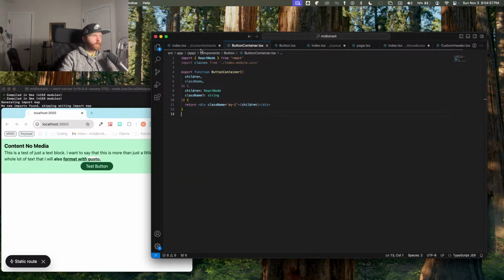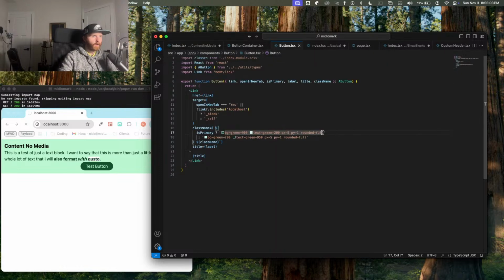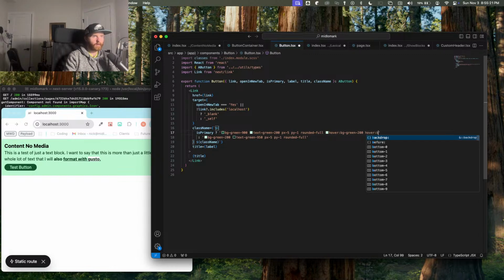And then as that's loading, let's actually add to our button. We'll do hover. No, I gotta fix that too, but you can do hover, BG, green, 200, and I guess I have to do hover again, BG, or text, green, 900, and I don't think I need to do